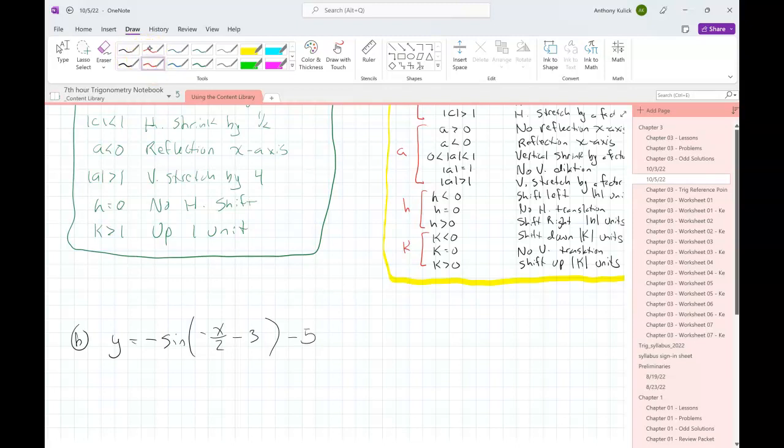Okay. So let's say we have negative sine of negative x over 2 minus 3 all minus 5. So just like before,